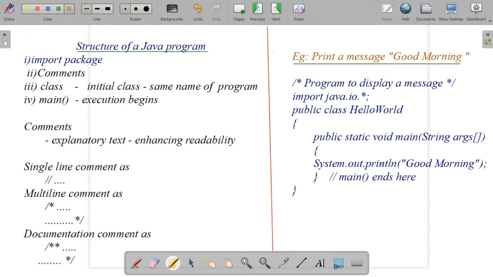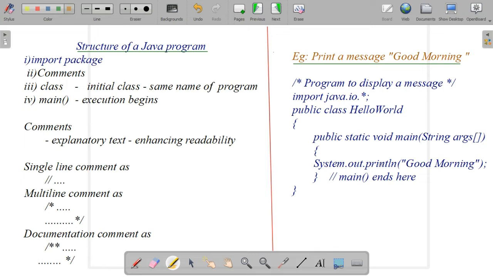Hello, welcome back everyone. Just to recall what we studied in the last class: the basic object oriented programming concepts such as data abstraction, inheritance, polymorphism, modularity, and encapsulation. These are the terms we have learned, along with the definitions and examples. Then, what are the different types of Java programs, such as application and applet? I hope everyone has learned this well.